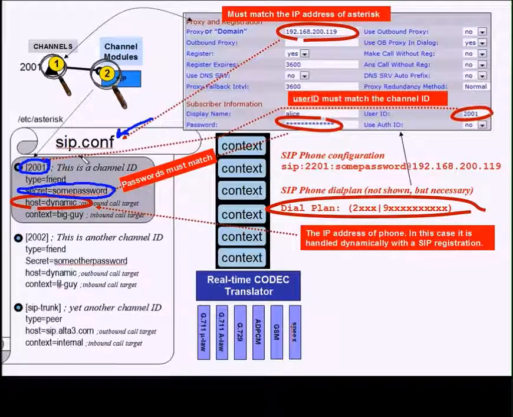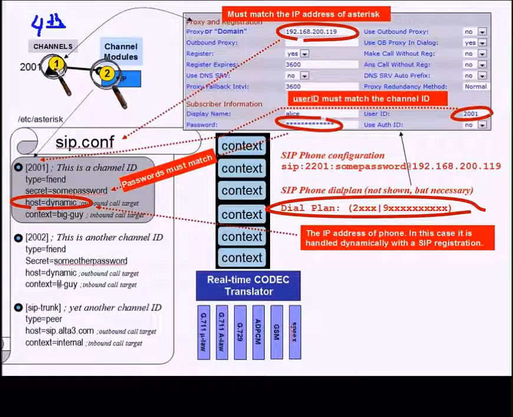So those 3 things must match. One more thing, however, just to make the discussion complete. The 4th item, you should really configure a dial plan on the phone so that the phone will know when you're finished dialing. So I've given you a real simple dial plan here that if I dial 2 plus 3